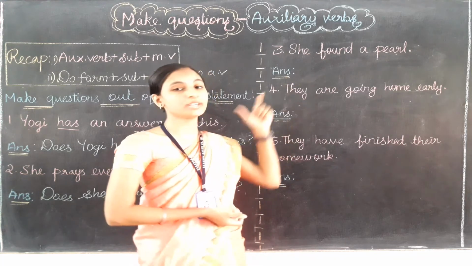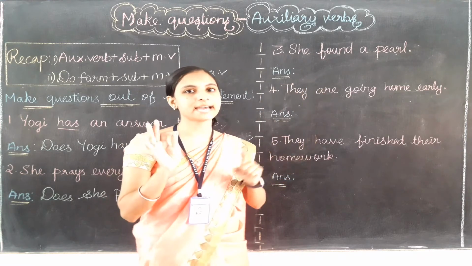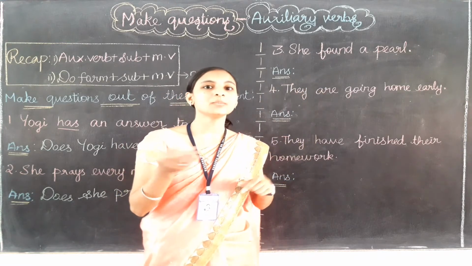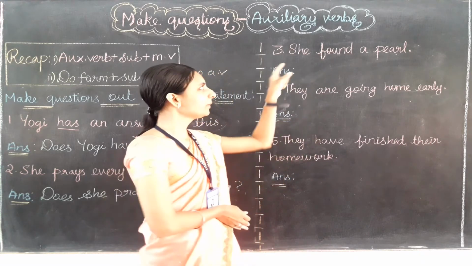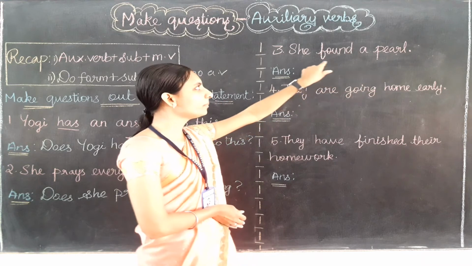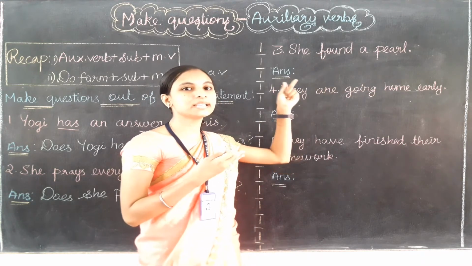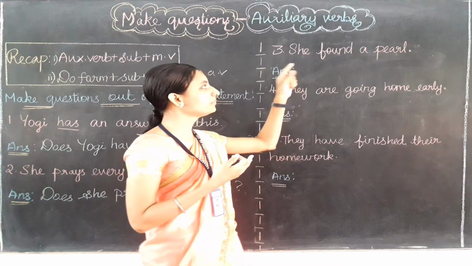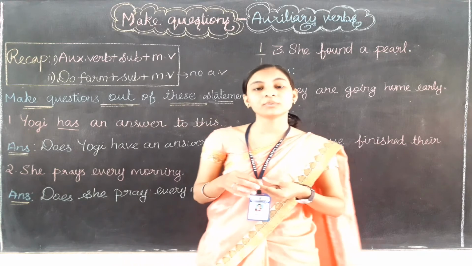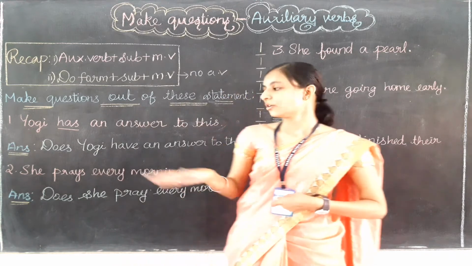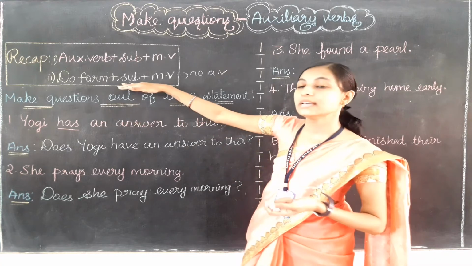In English we need to find out whether this sentence contains an auxiliary verb or not. Okay. Then only we can make the question. So can you find any auxiliary verb here? No, there is no auxiliary verb. There is only the main verb, that is found. In present we can say find. Okay. So she find a pearl, only the meaning. So when there is no auxiliary verb, which rule do we need to use, children? For the two questions we are applying only the same rule, that is the second rule.